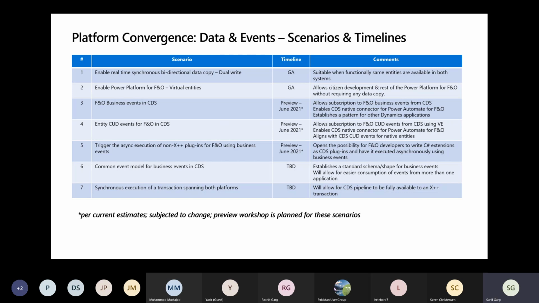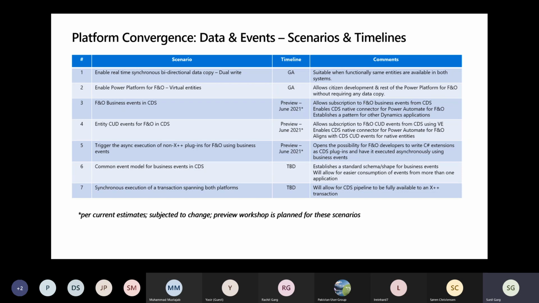But the idea is to have a common event model, similar to what we have for data, which is the common data model. Along the same lines, why can't we have a common event model where we define the schema for a specific business event, like invoice posted, as a common schema, such that whether the invoice posted business event comes from finance and operation, or from Business Central, or from SAP or Oracle, it shouldn't matter, because as long as these applications conform to the common event model, the subscriber and consumer of the invoice posted business event can be assured to get the same kind of schema all the time, irrespective of which application is triggering that business event. So all of a sudden,